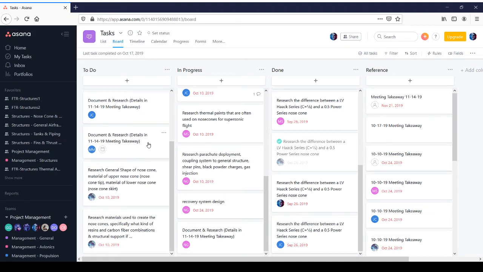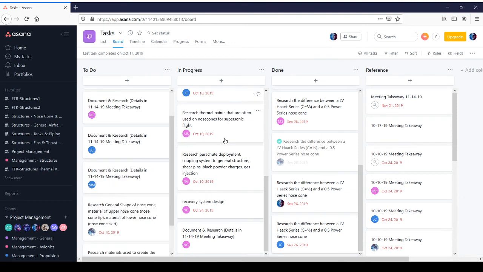And let's move one of these tiles over here to in progress. So this notifies me on my app, oh wait, they're doing something. So let's say I'm going to grab this one from Moss. I'm going to move it to